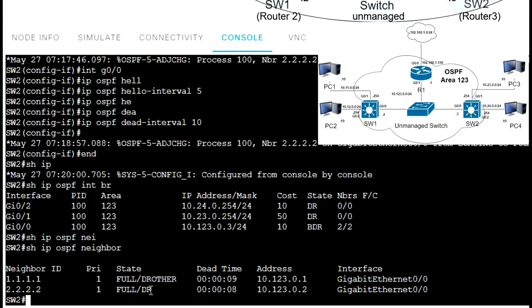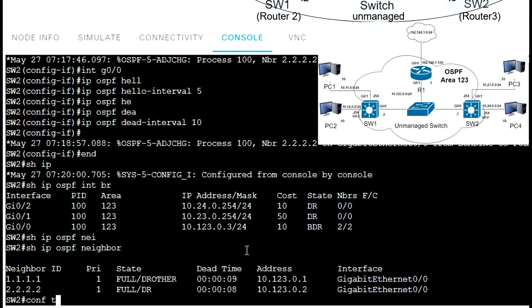At the moment, router R2 is DR, router R3 is BDR, and router R1 is DROther. I want to change router R1 to DR, router R2 to BDR, and switch SW2 will be neither DR nor BDR. To do this, I need to change OSPF priority for this